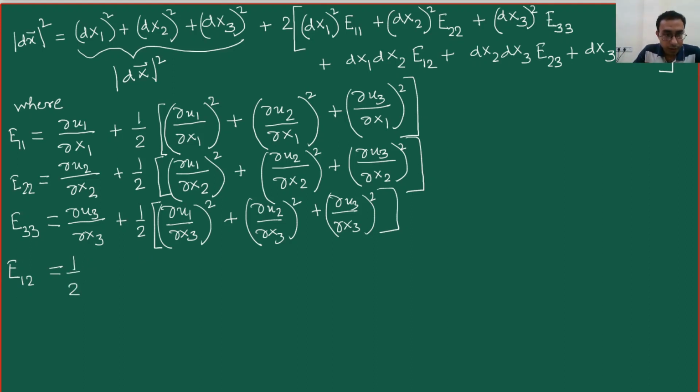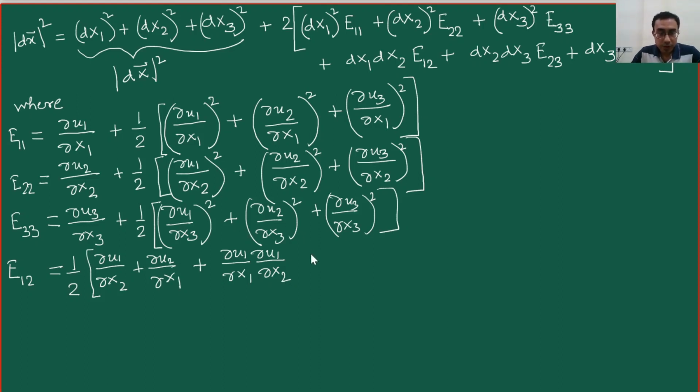So this is going to be interesting. So you see, we have del u1 del x2 here plus del u2 del x1 plus, please note that this term does not involve any second order derivative, rather it is the multiplication of two first order derivatives. Proceeding further, we have